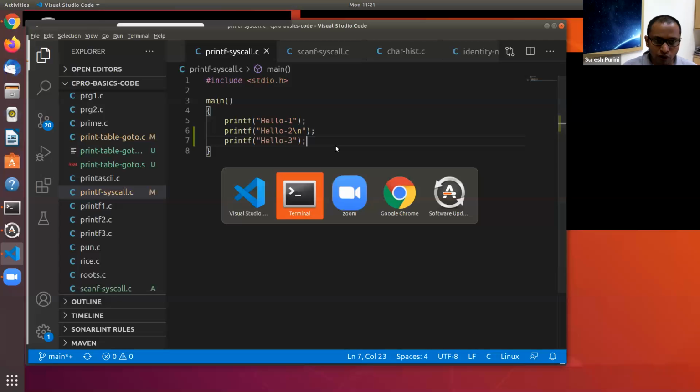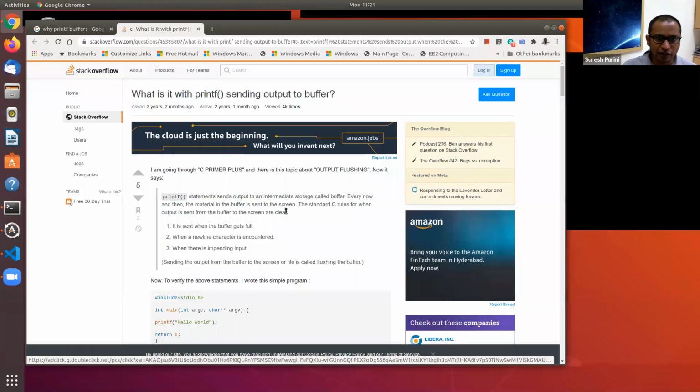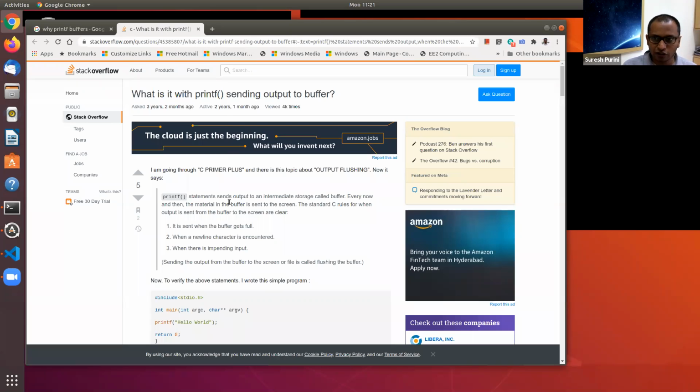Before I move on, just before the class, I searched about this printf. I will post this link also on the course website. Please read this. Printf statements send output to an intermediate storage called a buffer. Yeah, this is on Stack Overflow, so we have to double check it and look at it from a standard place.